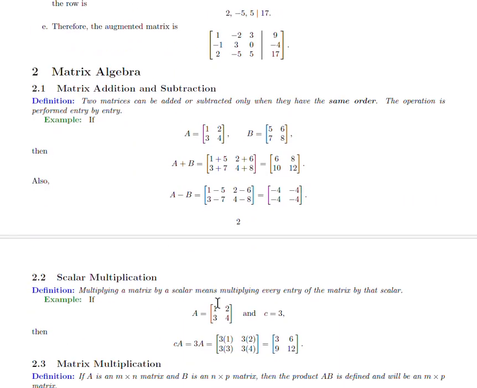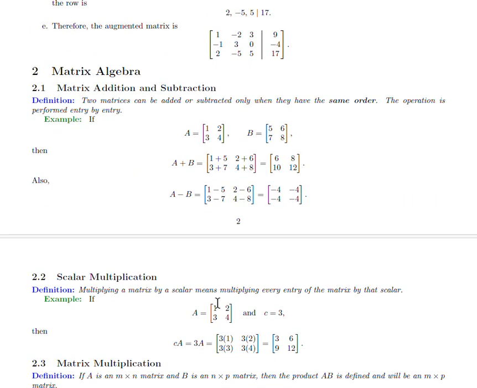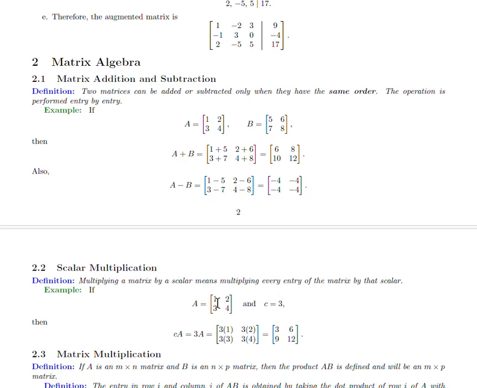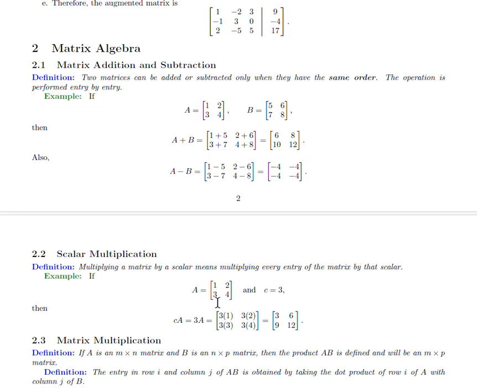Matrix algebra. Matrix addition and subtraction. Two matrices can be added or subtracted only when they have the same order. Take note, the operation is performed entry by entry. For example, we have matrix A with entries 1 2 3 4, matrix B with entries 5 6 7 8. A plus B will be